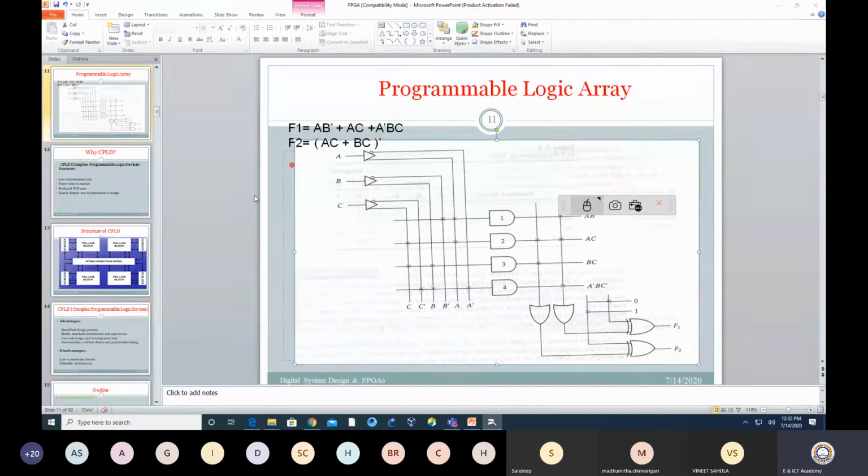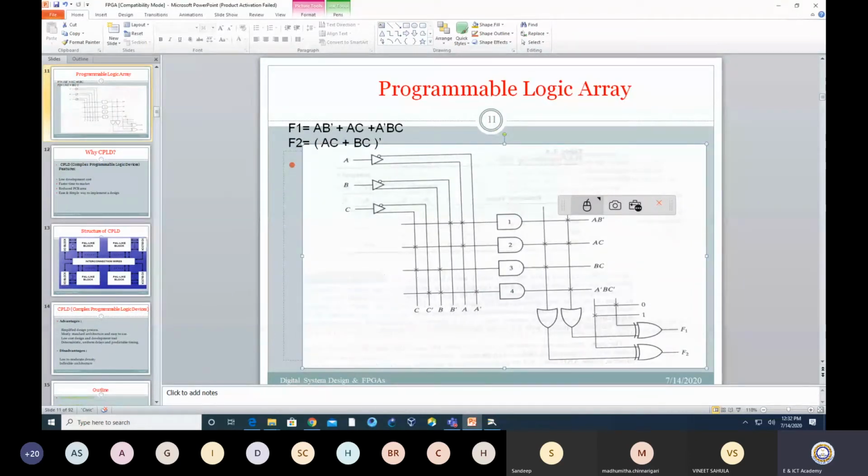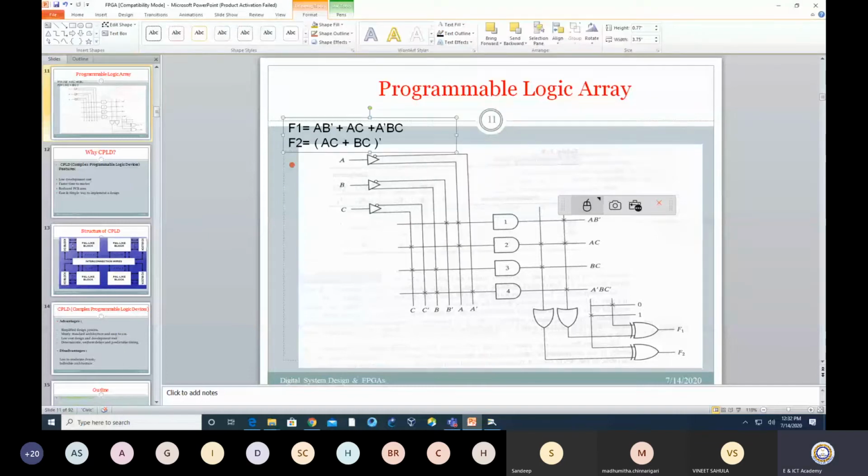So just try to observe this scenario: by putting input 0 or 1 at the XOR gate, you can get the original value or a complement value. Here, for F2, you actually want the complement value. So as I said, I put the second input as 1, which means whatever is at the other input is complemented. For F1, the second input is 0. That means F1 is in original form and F2 is in complement form. So that's why the second input is 0 and 1 accordingly. I hope you are following me.